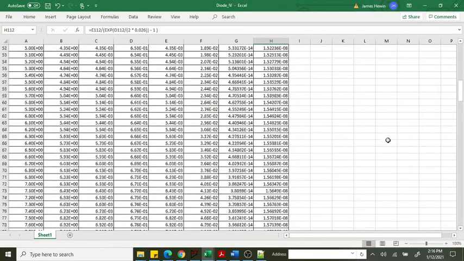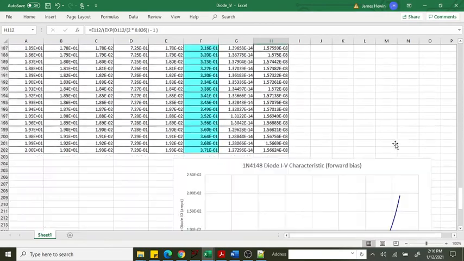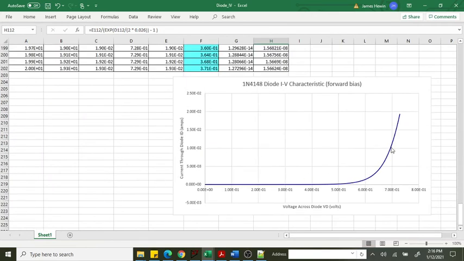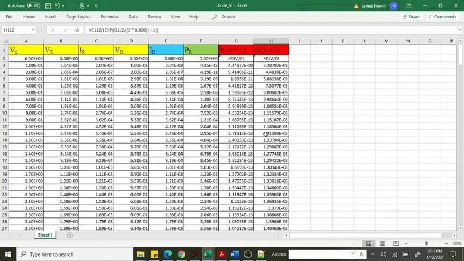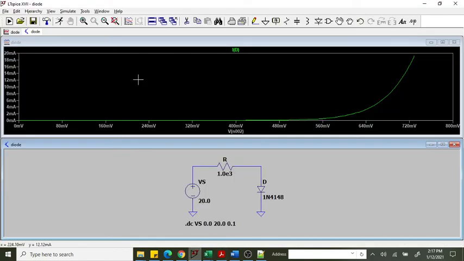Again, that's what we see here. It's very easy to plot, and then you can extract whatever information you want,